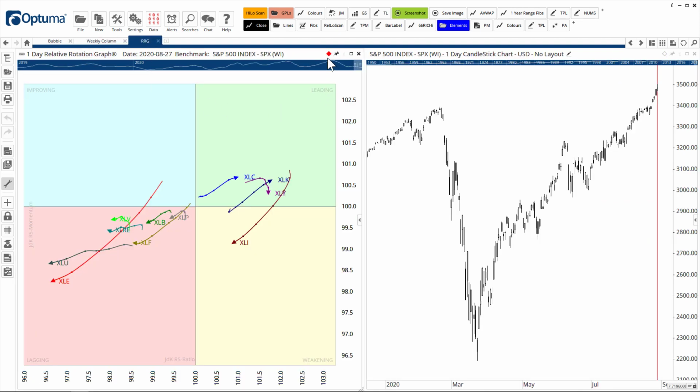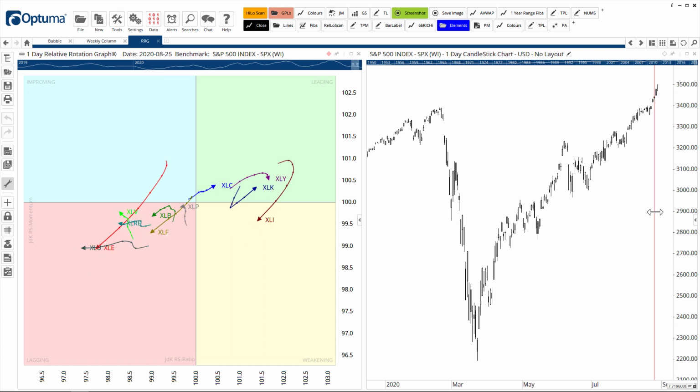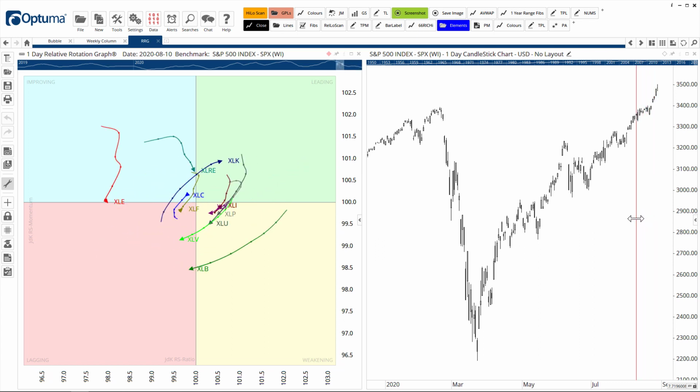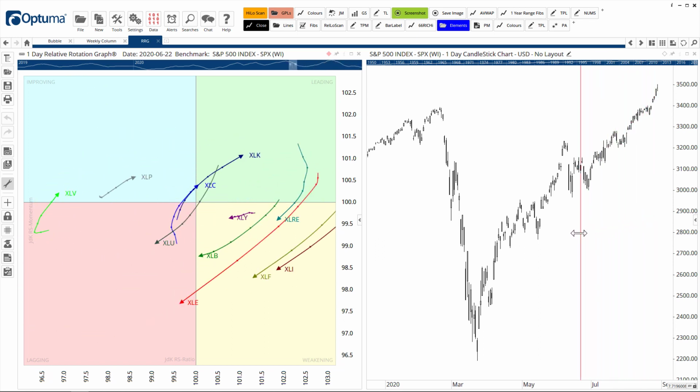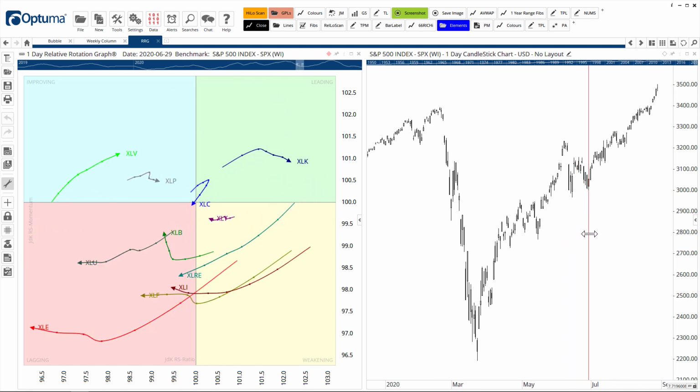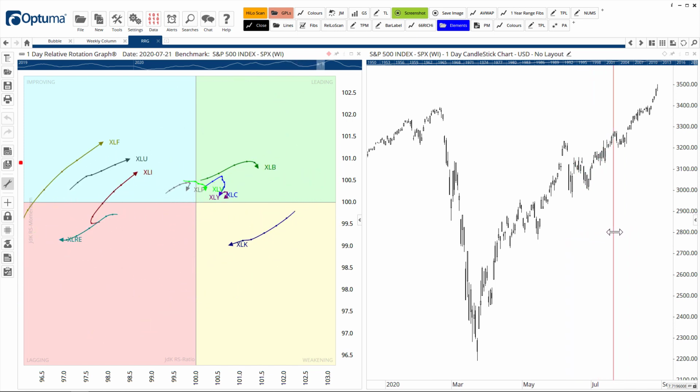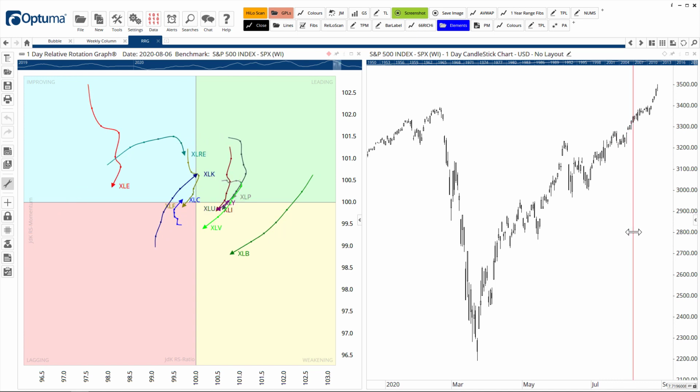Exactly the same concept. S&P 500 chart on the right. This time I've got a red diamond with the sectors on the left, and as I drag the vertical line, you'll see how each of the sectors are located, where they're located on the RRG for